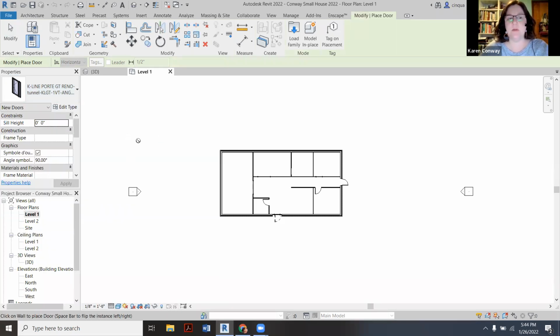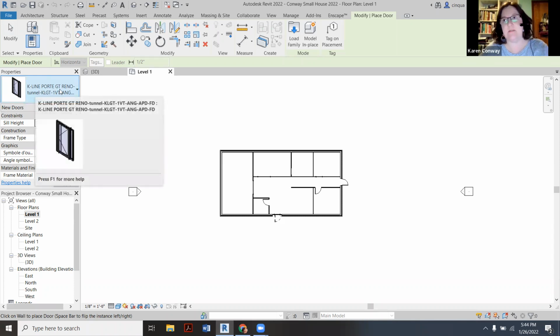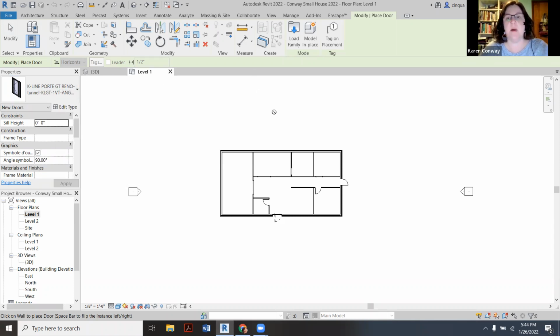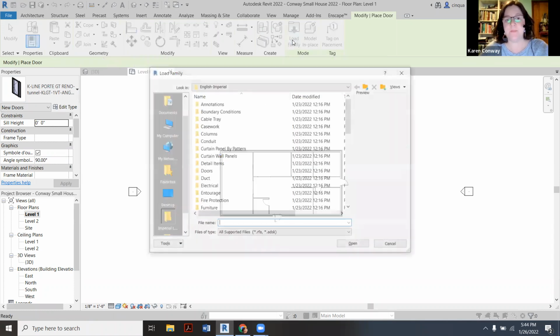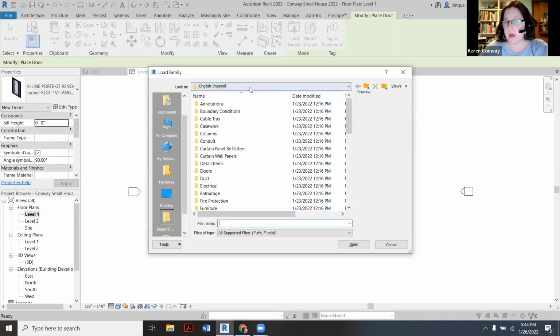So if you want to be able to load one, right now it's trying to put in this last one I used. Revit's going to do that a lot. It's going to default to the last thing you did. In my case, I want to find a new door. So I'm going to go over here to load family. And then immediately what pops up is a file directory, and it's helpfully going immediately to the